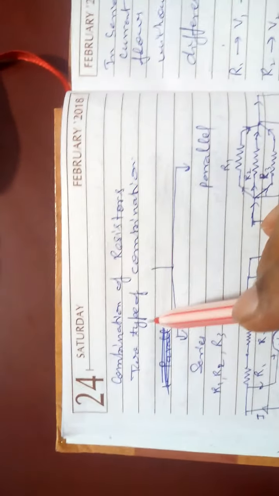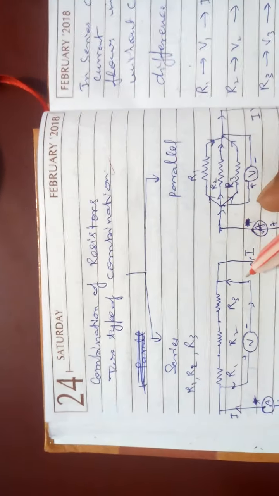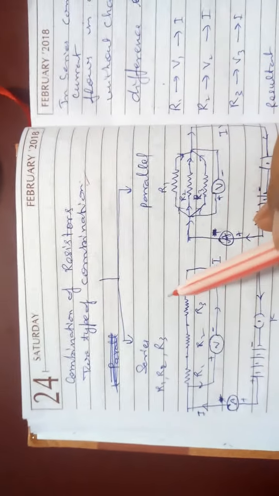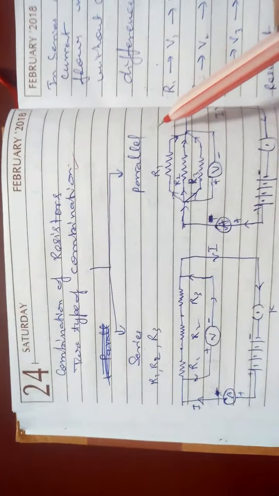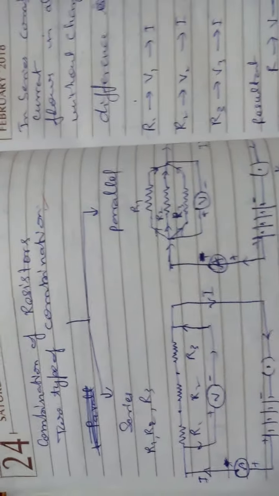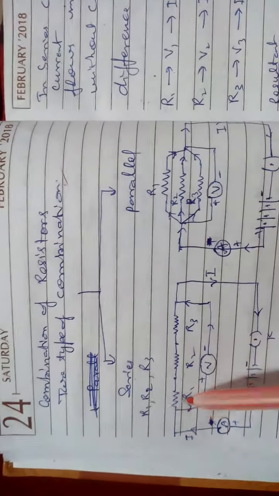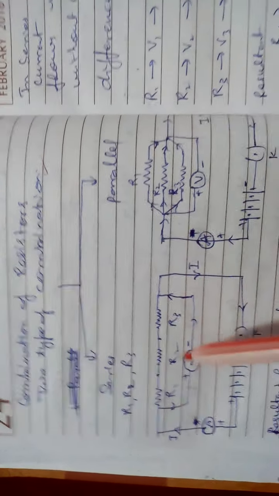You are combining resistors, and there are two types of combination in the circuit diagram, as in how you join them in the houses. One is the series combination and one is the parallel combination. In the series combination, suppose I am taking three resistances R1, R2, R3, end to end. You join one end to another, then another, like this. It is called the series combination.